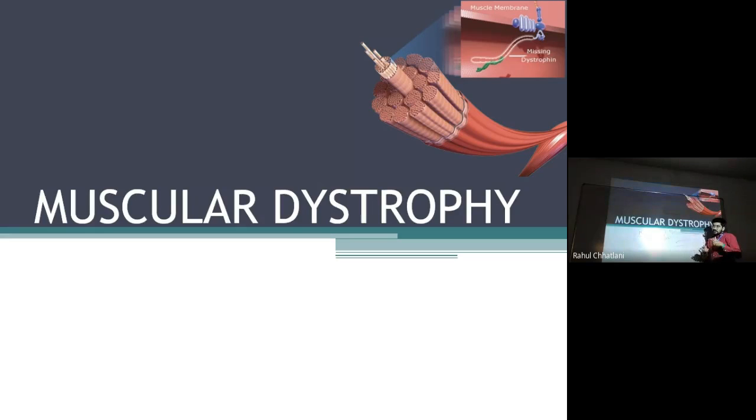Now, before going into detail of what it is, most of them or the majority of them are X-linked or sex-linked, with chromosomes responsible for such transmission of disease. So many of these diseases will be ones that